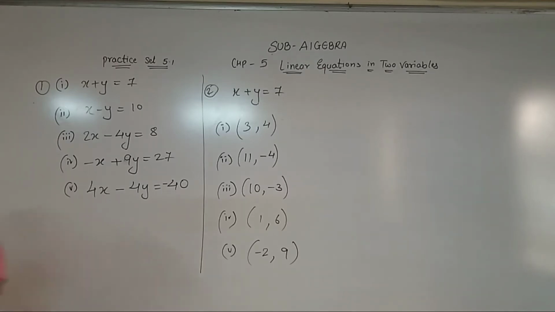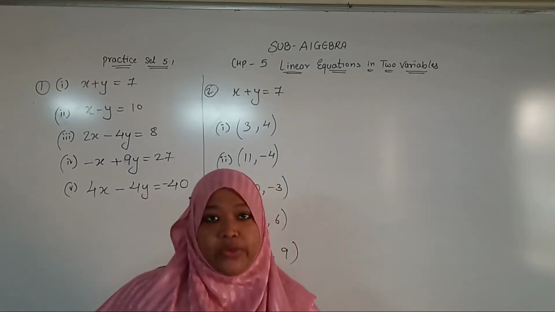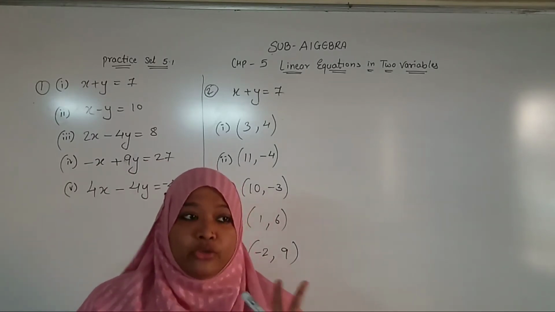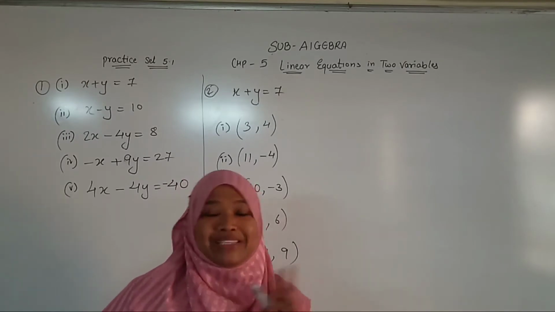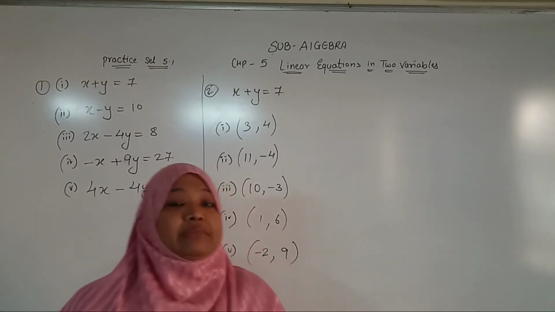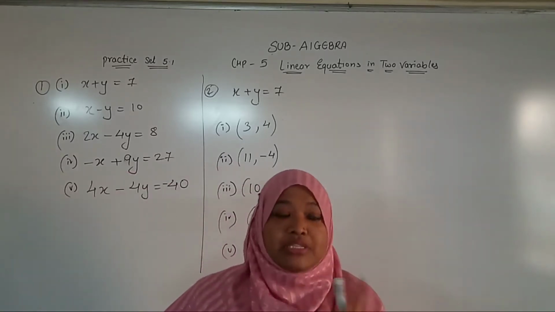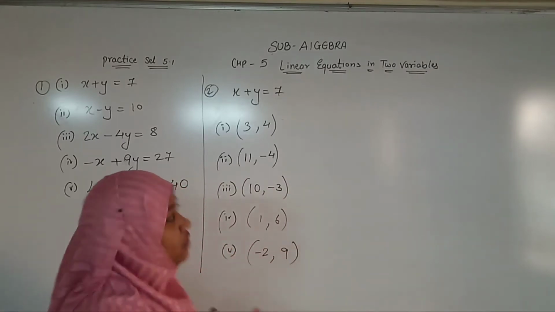Done? Now student, now the main of this exercise: solve the following set of simultaneous equations. It is a simultaneous equation. This equation can be solved by two methods, first the elimination method, second the substitution method. But this year the substitution method is not there for you, so you will go only for one method, because this method is coming for the 10th standard also. So you have to go for the one method only. Okay?